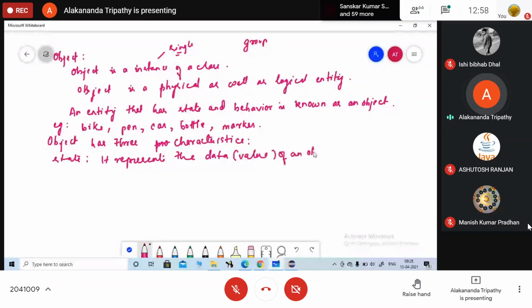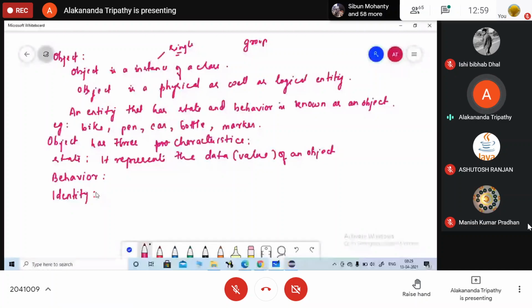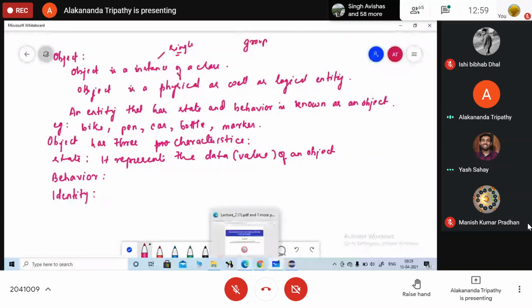The next one is your behavior. Behavior क्या है? ये object क्या काम करेगा? It represents the behavior of the object. And next one is the identity. How you are going to identify the object. These are the three characteristics of an object. Are you clear?